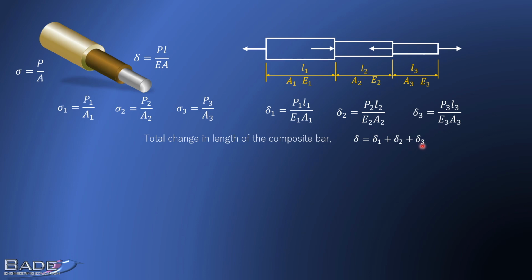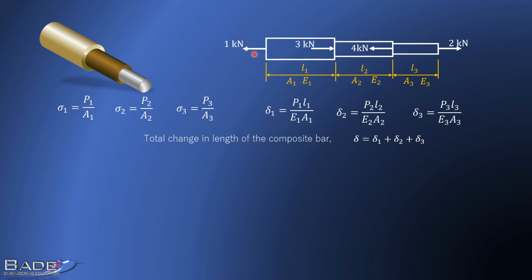Now, the most important part of this discussion is to find what is the load on the first part, what is the load on the second part, and what is the load on the third part. If you know the load, since all other details are known, watch here, we know length, area, cross section. What is important now is to know the load on the first part, the load on the second part, and the load on the third part. So try to understand how exactly we find it.